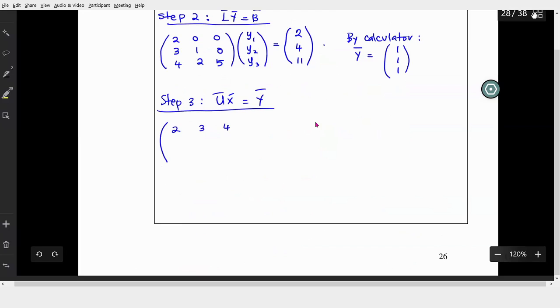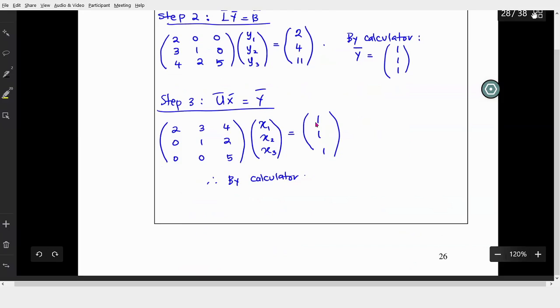So 2, 3, 4, 0, 1, 2, 0, 0, 5. That is U. X is your x1, x2, x3. So put the y. Y from the second step is 1, 1, 1. So again, by calculator one more time. Write down your vector x, or you can write one by one. x1 equals, x2 equals, x3 equals. So by the calculator,